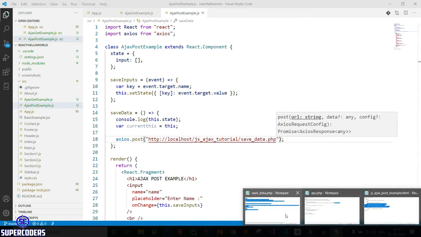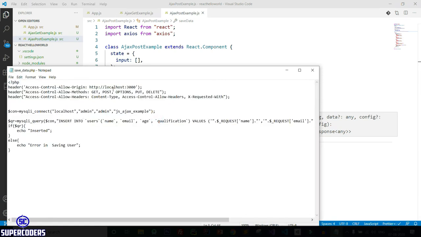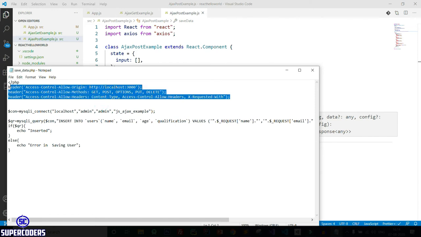Also do one thing, you can see it accepts post method also, and I allow any request. So these three headers are very important. For now let's close it.